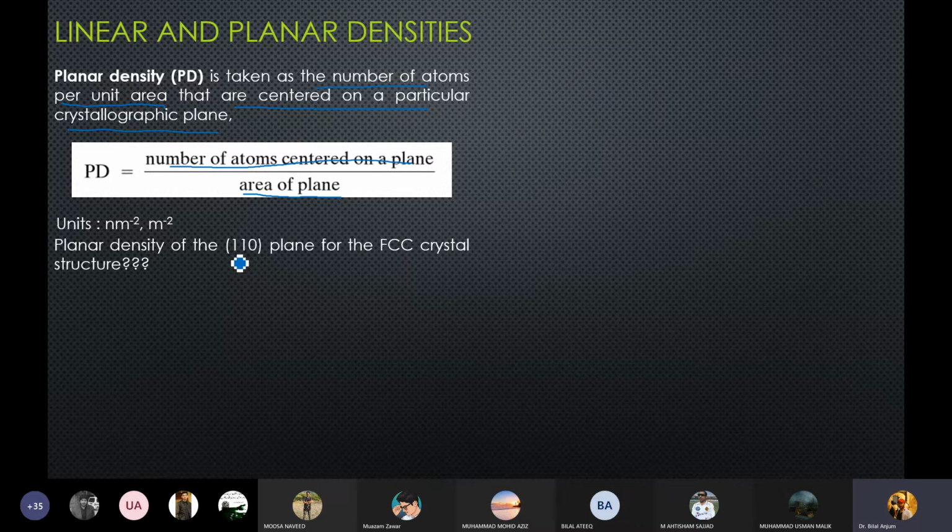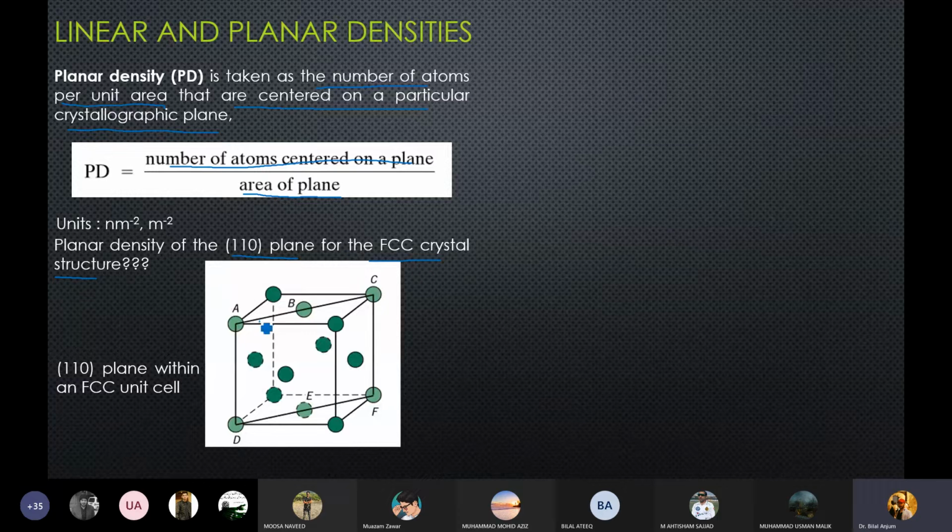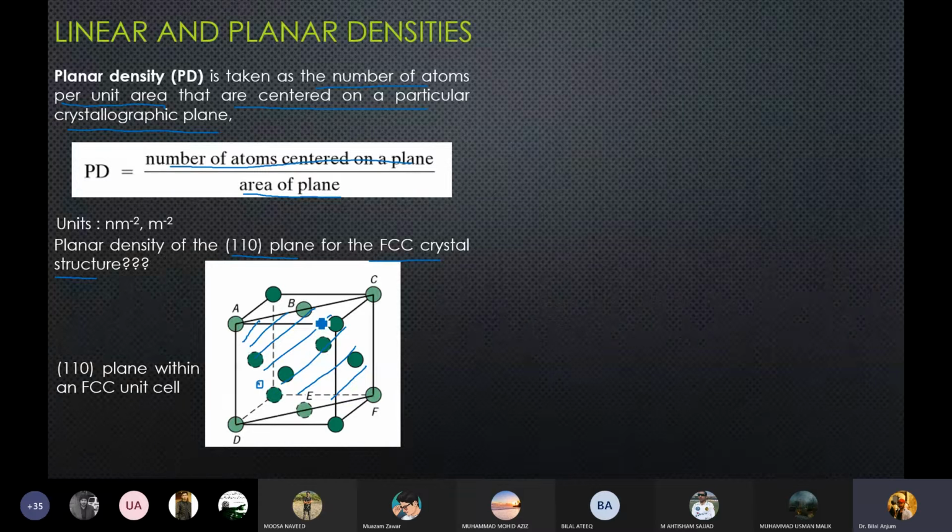Planar density of 110 plane for the FCC crystal structure. So we have to draw the 110 plane within an FCC unit cell. This is the 110 plane in an FCC unit cell with regards to this as the origin. Now, if you see, there are 1, 2, 3, 4, 5, 6 atoms that are lying on this plane. But once I look at the planes,